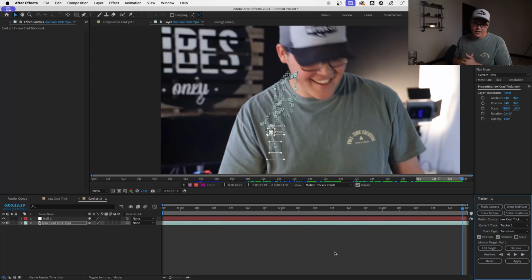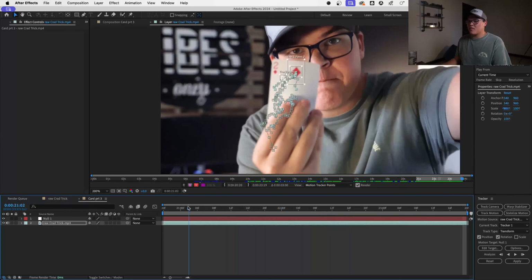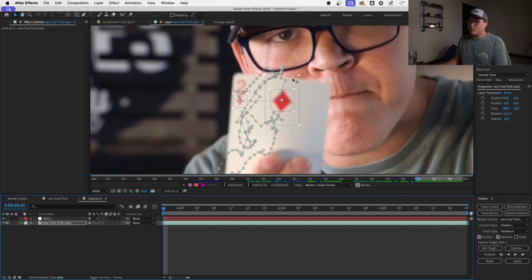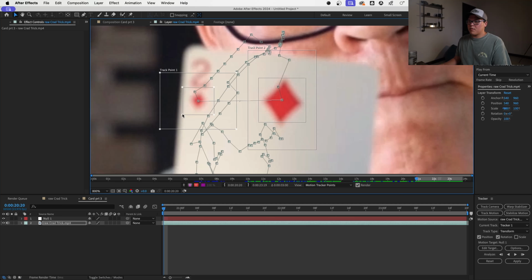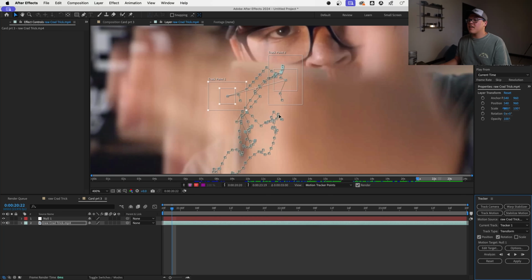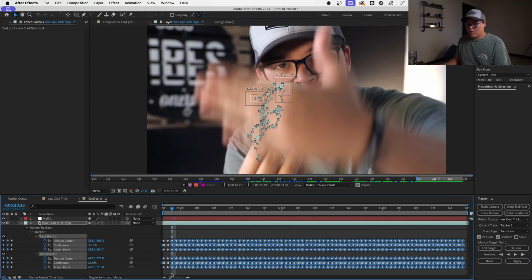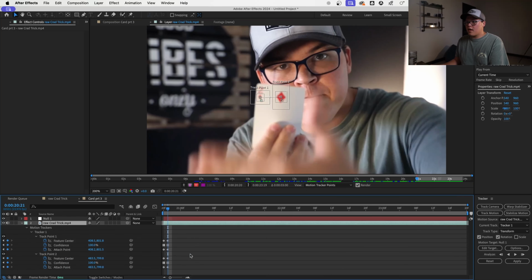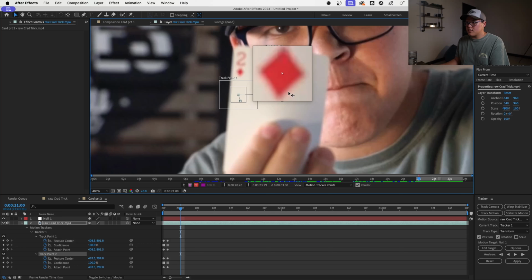Now, as you saw, that was a complete failure and it didn't work at all. It immediately went off track and it lost what it was supposed to be tracking. So we're going to try that again. I'm going to make this a bit bigger so that it has more space to track. I'm going to go forward a few frames, and I think this is what messed it up, was my hand going in front of it. So I'm going to make sure I delete all these frames. And so I'm just going to go a few frames forward to where the diamonds come back